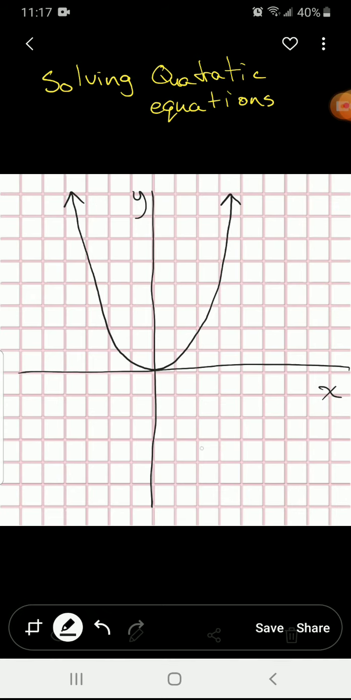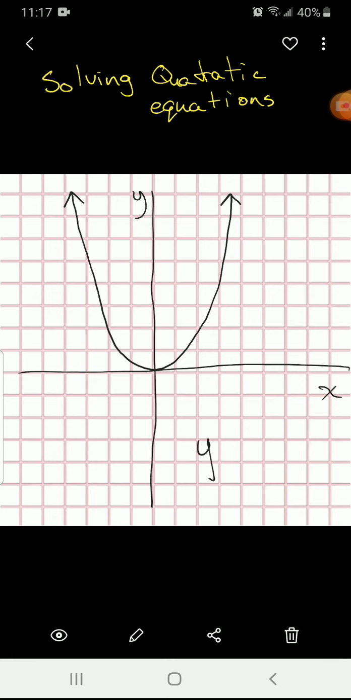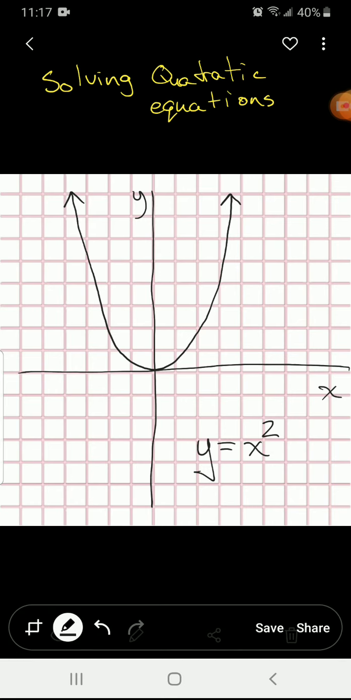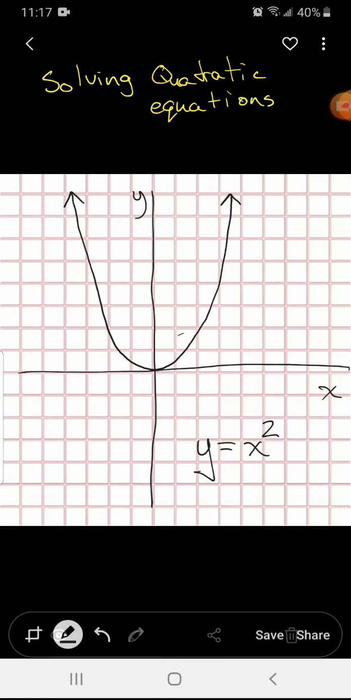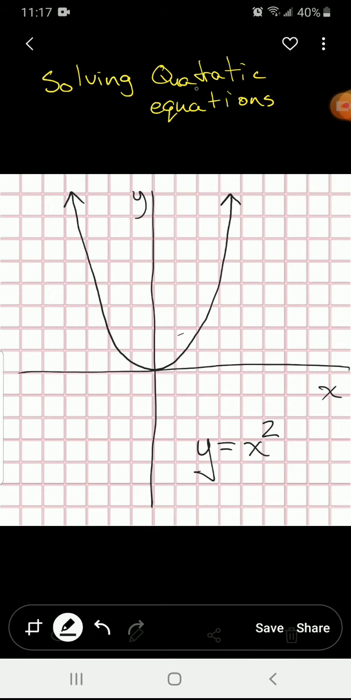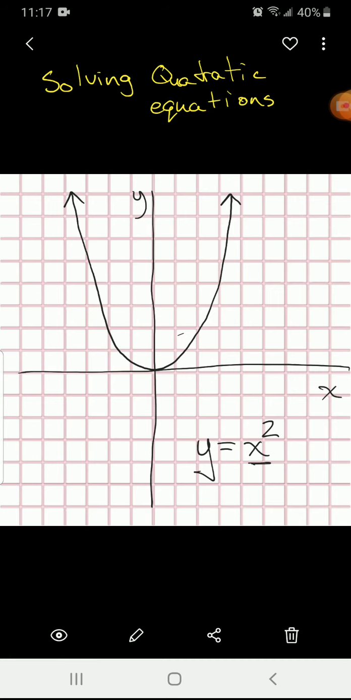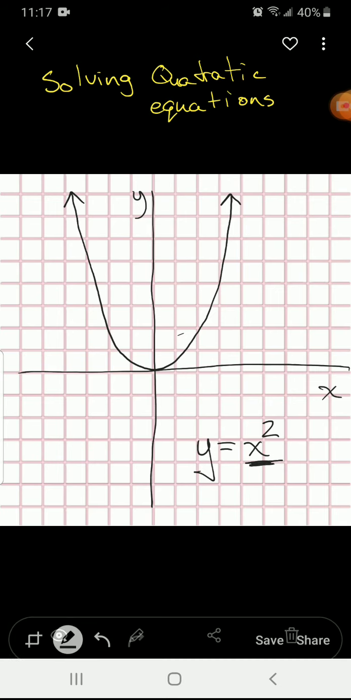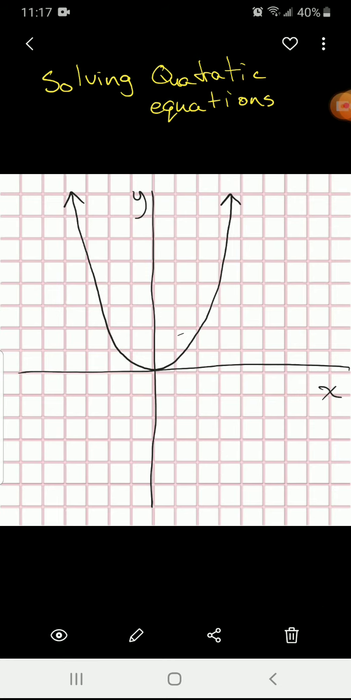All quadratic means is, let's take an example, y equals x squared. That's a quadratic equation. That's a quadratic graph. And it looks like this. We call this shape a parabola. When we're talking about solving quadratic equations, that means you'll have some quadratic expression, and usually you'll see it